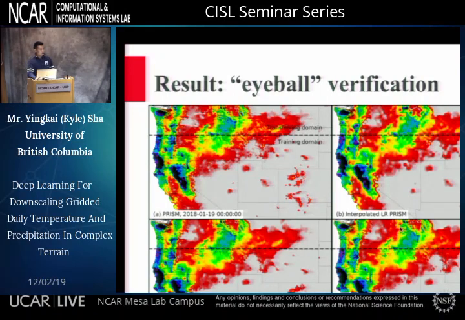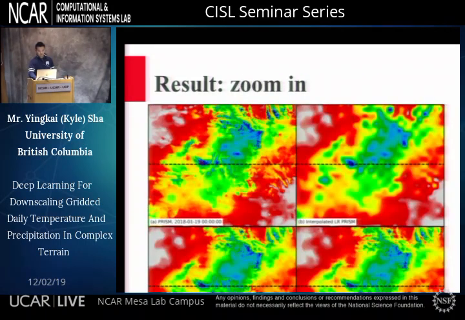And then the downscaling result for precipitation starts with the case of January 19th in 2018. This is a case with massive coastal precipitation shades and also one precipitation center along the northern part of the Rockies. So if we zoom in to this part of the precipitation shades, we can actually see that the interpolated low resolution input has many bullseye-like unphysical precipitation shades, and then they are well corrected by the output of the